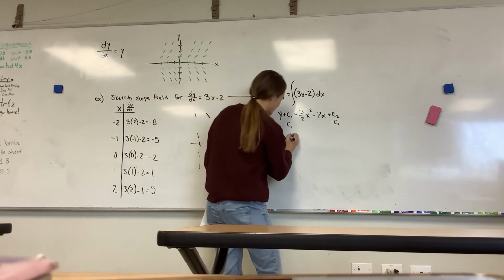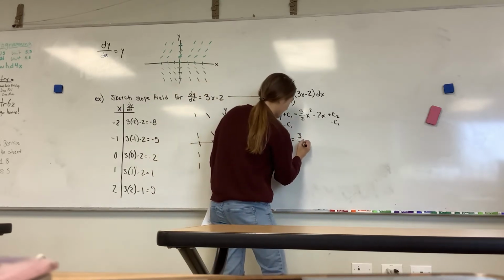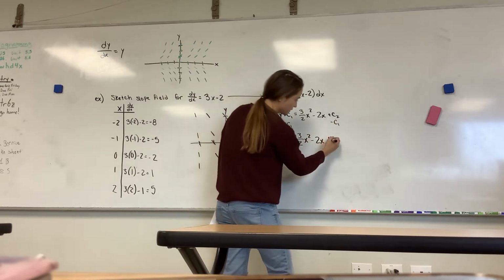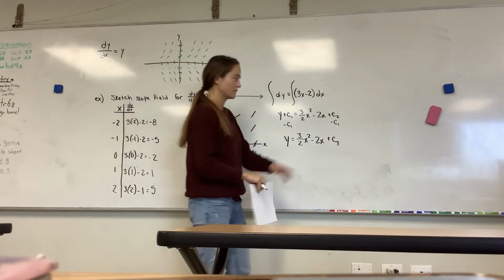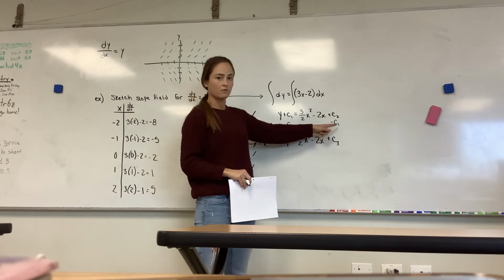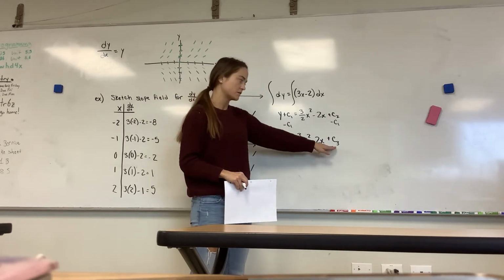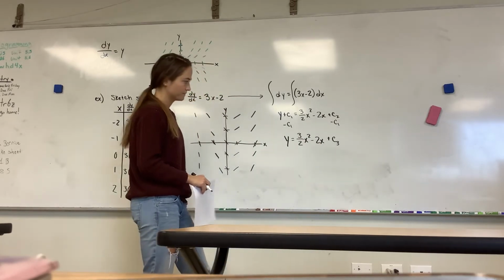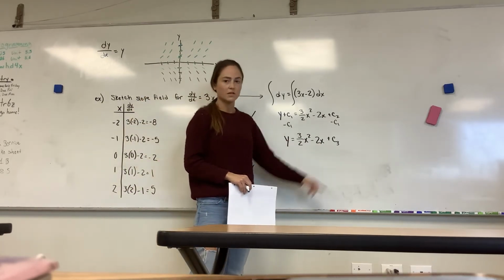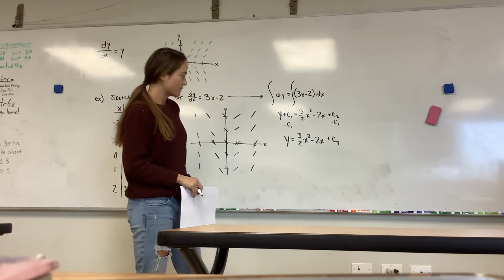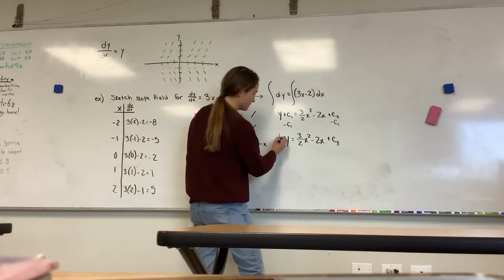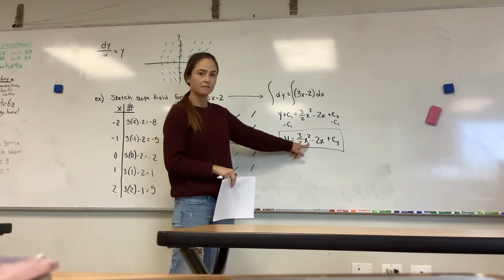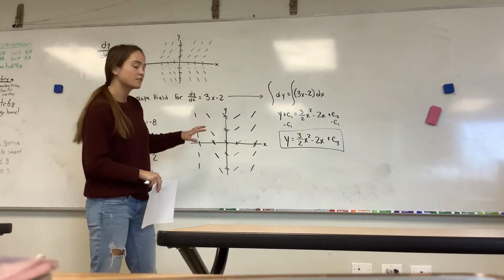And I get that y is equal to 3/2 x squared minus 2x plus some constant C3. A constant that we don't know minus a constant that we don't know just becomes another constant that we don't know, so you can just keep changing the notation on the C. So now if you look at this, we have essentially an equation that is clearly a quadratic. Now if you look at the slope field